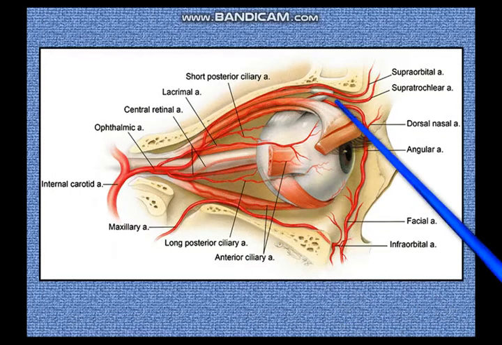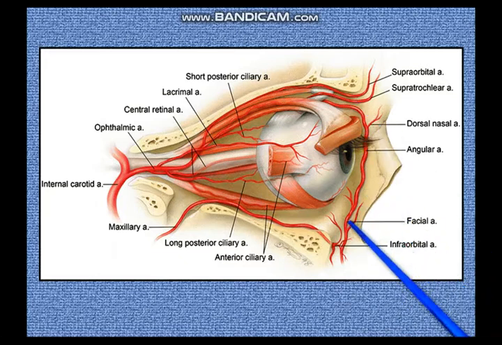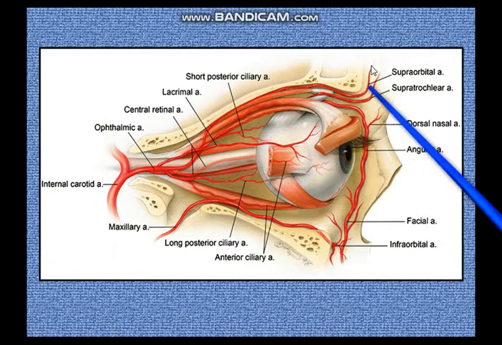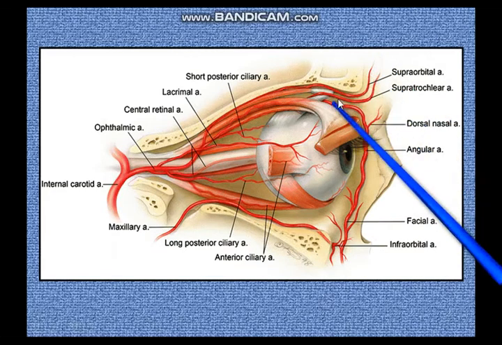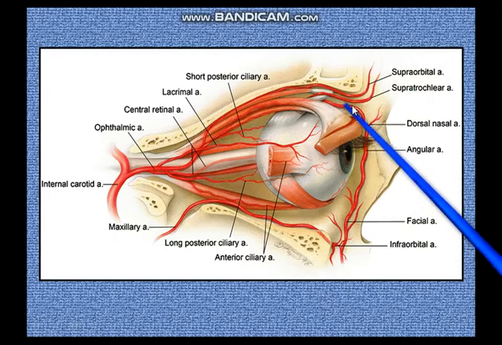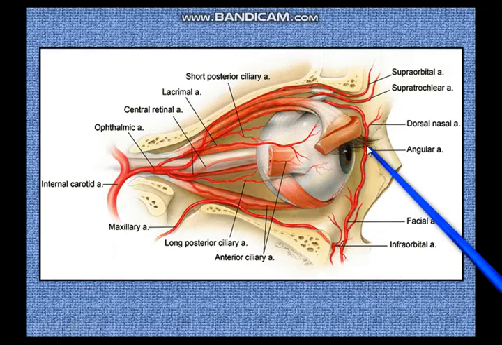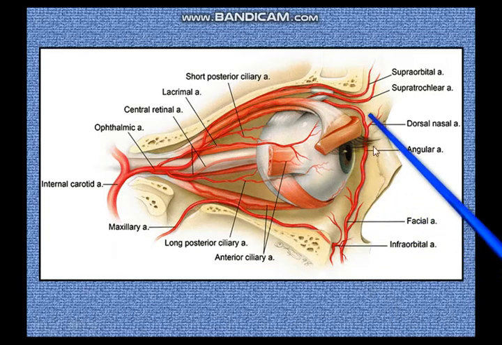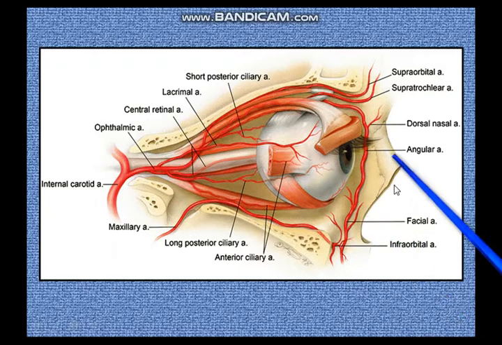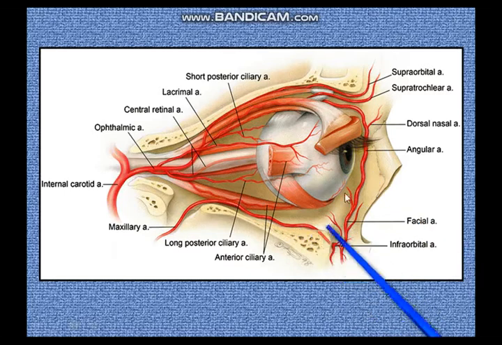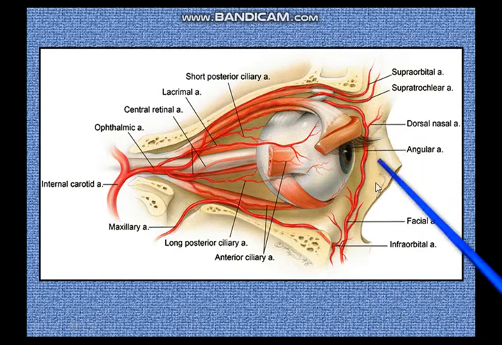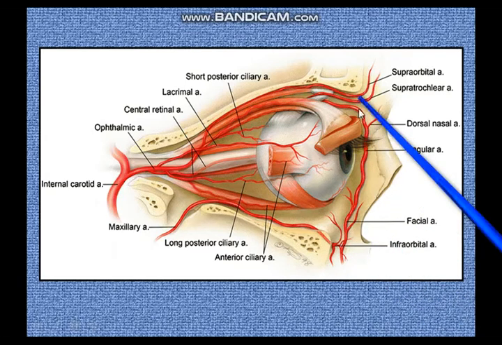Here again you can see the arteries supplying the medial side, the medial set of palpebral arteries you can see very well in this picture. You can see the supraorbital artery, the supratrochlear artery, the termination of the ophthalmic artery as the dorsal nasal artery, the rise of the facial artery as the angular artery, the connection between the dorsal nasal and the angular artery, and you can make out the infraorbital artery from below. So all these infraorbital arteries contribute to both the lateral and medial palpebral branches, but most of these others all contribute to the medial palpebral arteries.